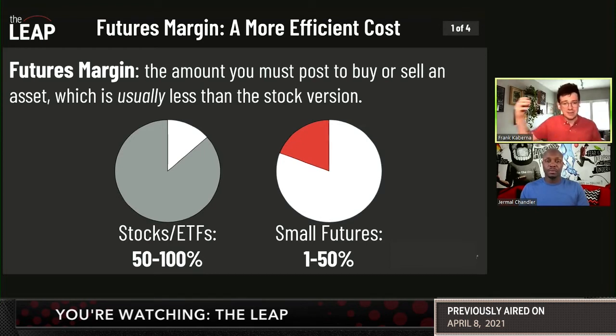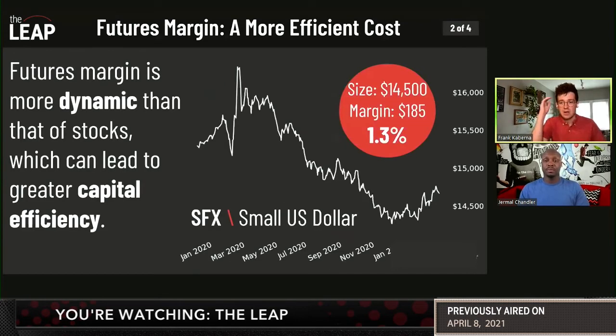Like, volatility increases, boom, margin's going to increase. Volatility falls off, the markets get boring, boom, margin's going to decrease. And at the end of the day, that margin is just the amount that you have to post to buy or sell. And it's usually less than that of the stock market. And we went in with an example here in the FX world, which is where this is extremely relevant, because